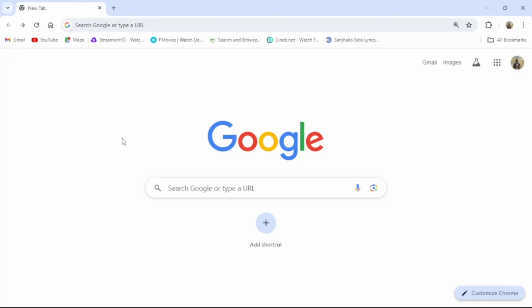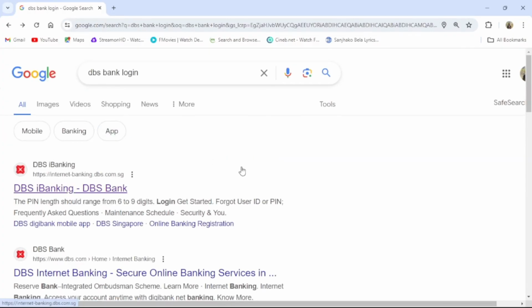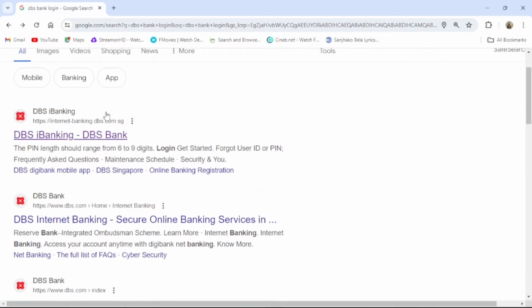Today in this video I'm going to show you how to log into your DBS Bank account. To do so, follow some simple steps with me. First of all, go to your browser and your default search engine. Then search DBS Bank Login. Then go to the first result that shows up or go to